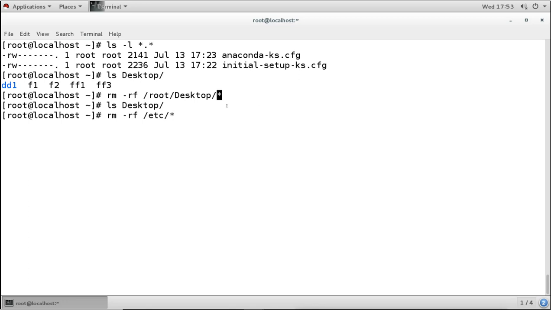That means you want to remove everything from the etc directory, and if you mistakenly press enter, it will try to remove everything. Remember, the root user has permission on almost all the files, so it will remove a lot of files which you will not be able to recover. You would have to reboot and reinstall the system. So it can be a very dangerous command, but we can use this wildcard character in many commands to do tasks easily.